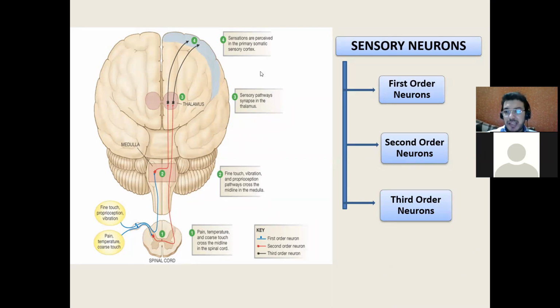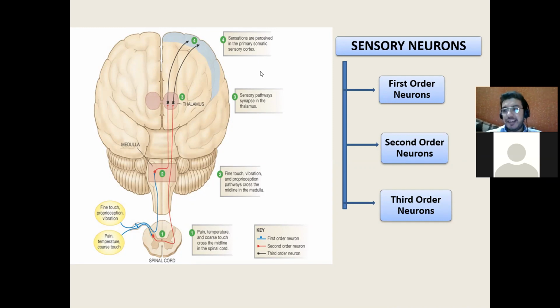Now, the second order neurons are carrying the pain sensation from the first order neurons after the synapse and then going up, traveling all along. At this point you have to understand something very important. When the neurons are traveling towards the brain, they are called ascending neurons. Please understand. What you can see in the blue, the red, and the black are the ascending neurons. When the brain sends signals down, they are called descending neurons. So these are the important terminologies.